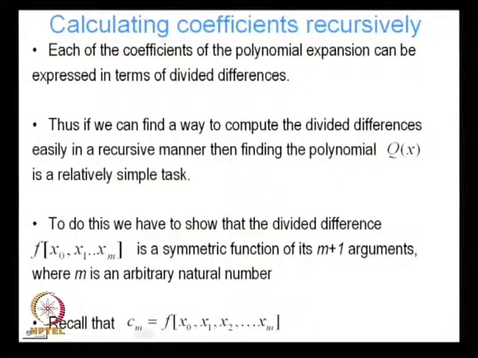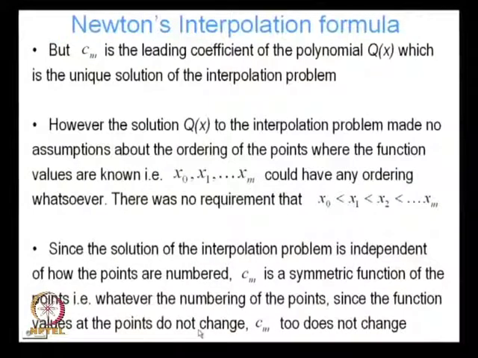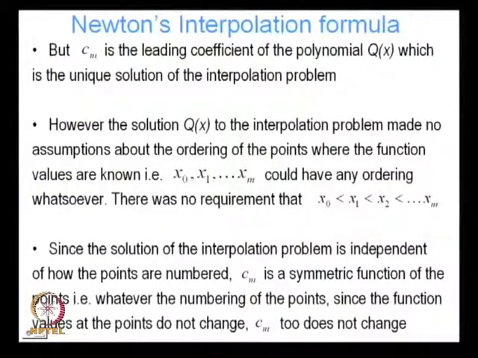Why? Recall that Cm is given by this, right? But Cm is the leading coefficient of the polynomial Qx, which is the unique solution of the interpolation problem. It is the leading coefficient because it is the coefficient of the term of the highest order, right? It is the leading coefficient of the polynomial. However, the solution Qx to the interpolation problem made no assumptions about the ordering of the points where the function